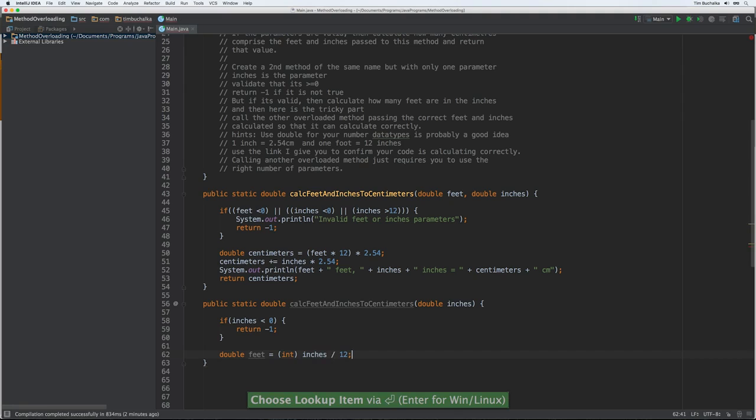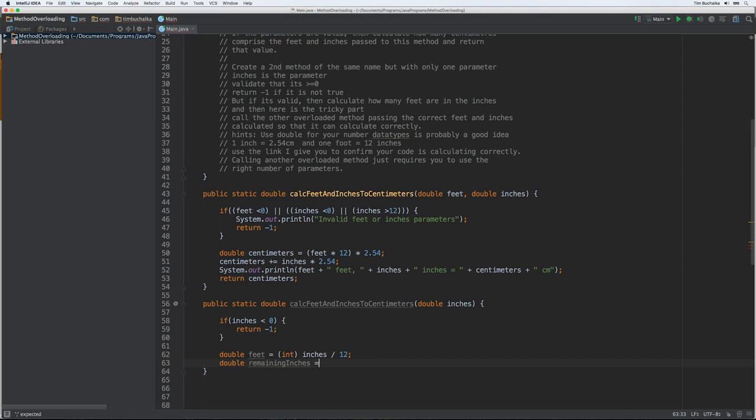So whereas we multiplied by 12 on line 50, in this case we're dividing the inches by 12 to get the number of feet, and that's the first parameter we're going to use. The second one is going to be inches, so we're going to call it remaining inches, and we're going to use the remainder operator for that. So we can just put int, again we want a whole number, it's going to be inches